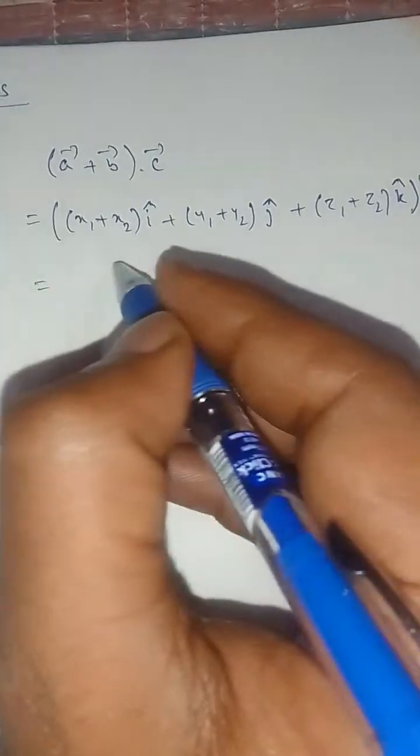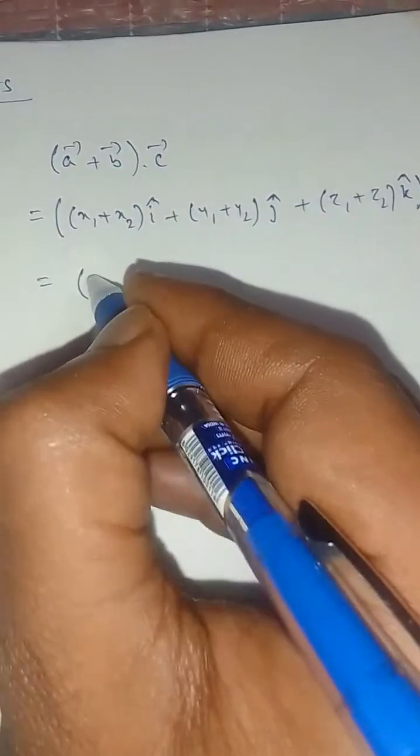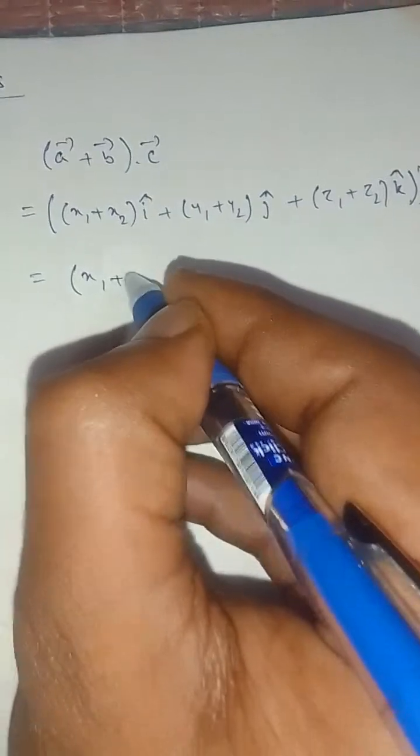If we put the value of c vector, then we will have x1 plus x2